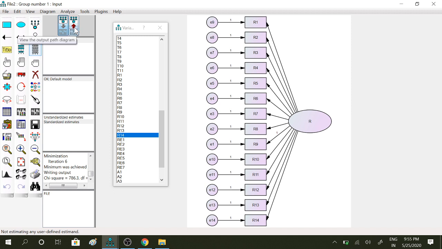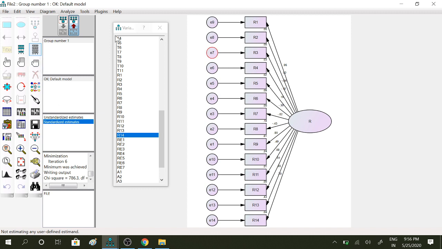See the red box activated. Click this box, we get the values. These are the standardized values. And click the unstandardized, we get the values. But it is not of interest. We very much concentrate on standardized estimates.